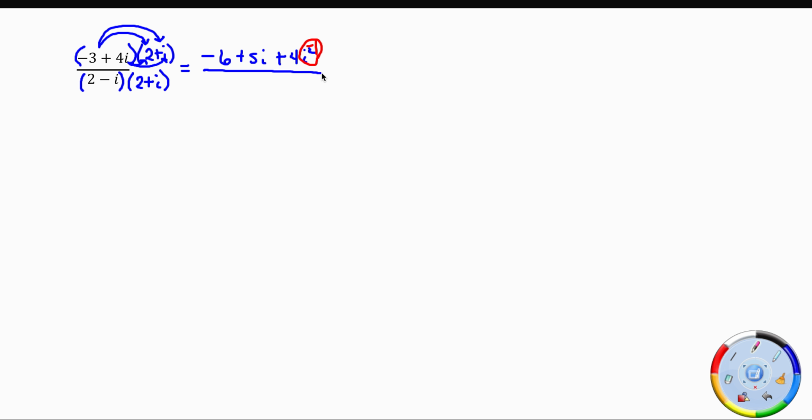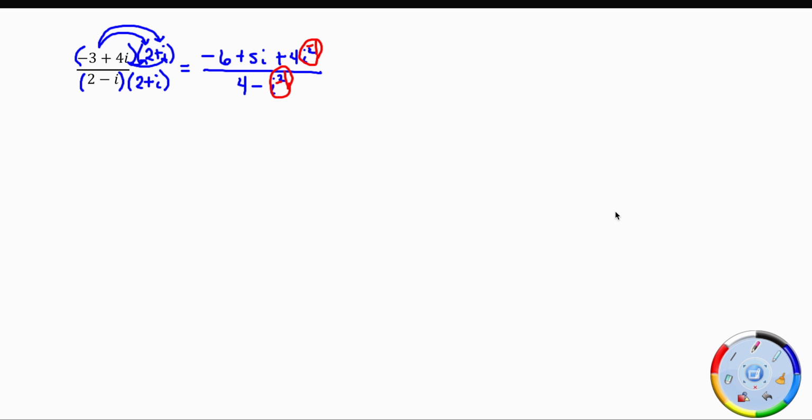And then on the bottom, this is another one of my special products that hopefully we know how it multiplies out again. If not, we want to keep practicing that until we do. If all else fails, I can go back and use my distributive property like I did here, but I want to recognize these special products. We use them a lot. And this special product, if they have different signs, says you square the first term and you square the last one, and there's always a minus in the middle. And notice we got another